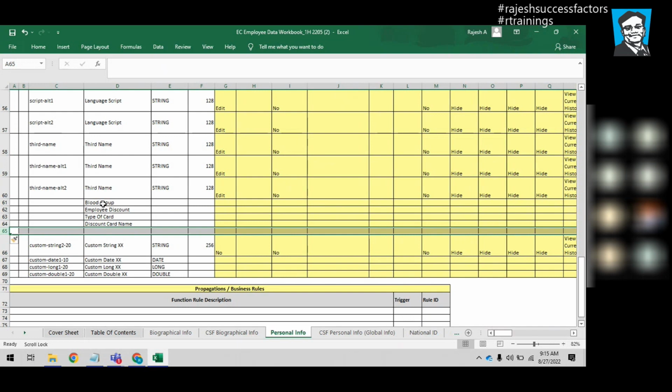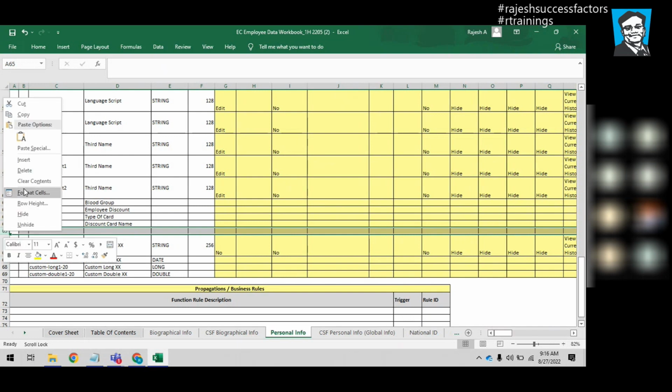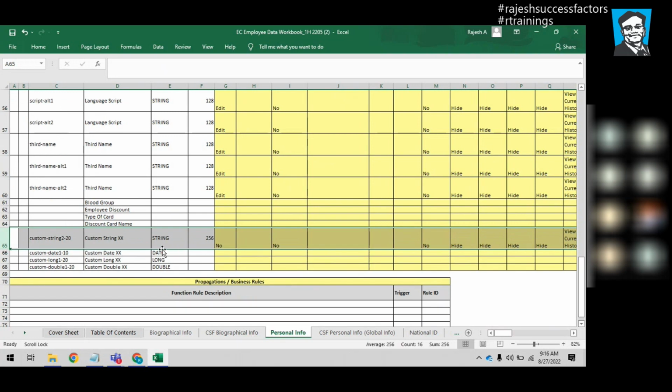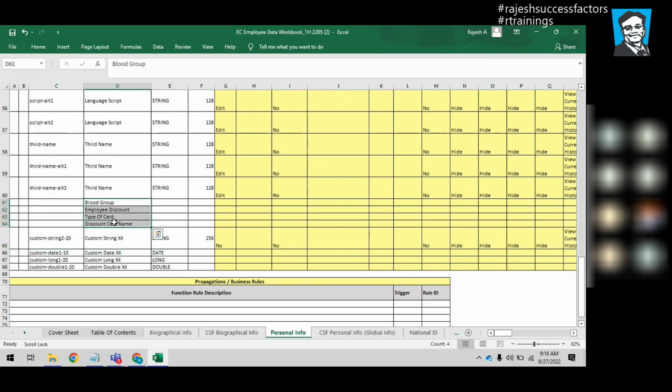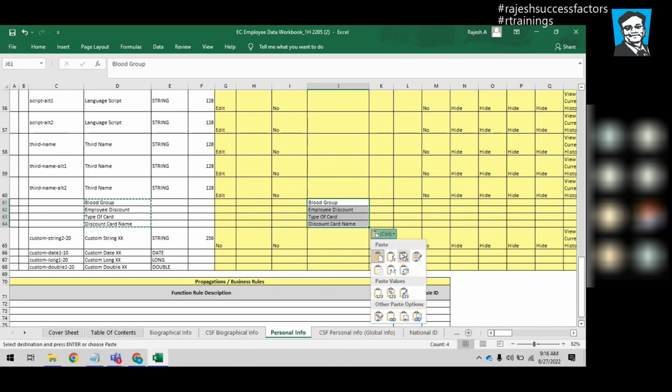So for example, these 1, 2, 3, 4 fields the customer has added. Okay, that we deleted. Now, as I said, we have a concept called custom strings. By using the custom string concept, we can do it now. So the customer has written these names. If you want what exactly the customer wanted, copy. And these are the custom names actually. We'll tell them to write them down here. Once the customer has written here,